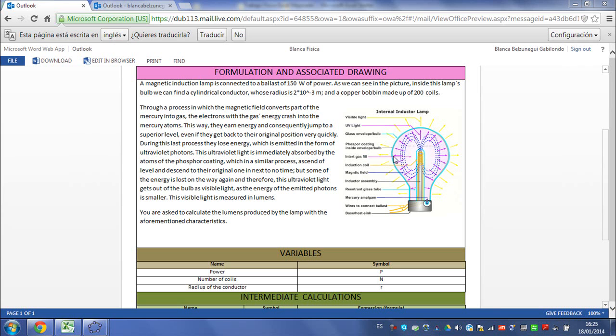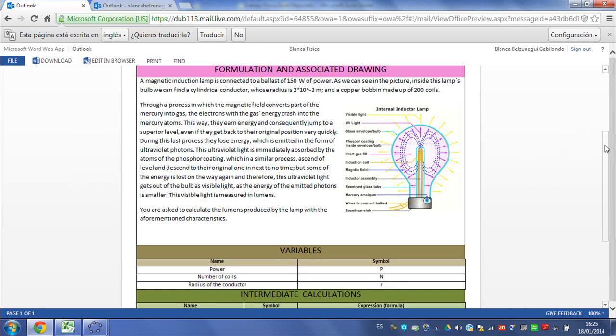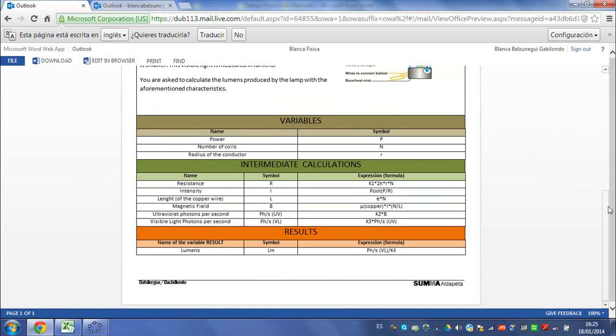This visible light is measured in lumens. You are asked to calculate the lumens produced by the lamp with the aforementioned characteristics. The variables we are going to be working with are the power, the number of coils, and the radius of